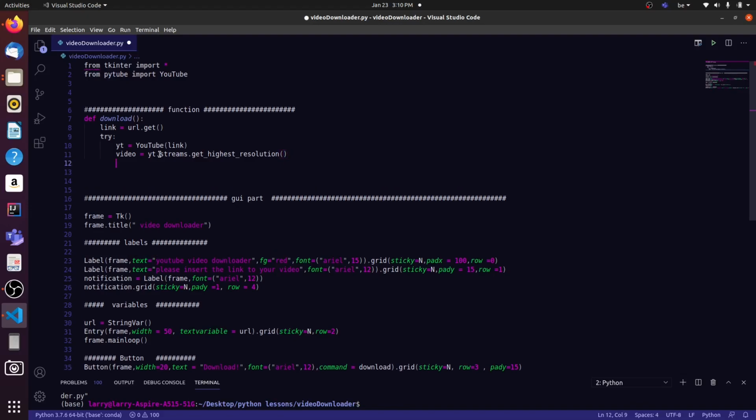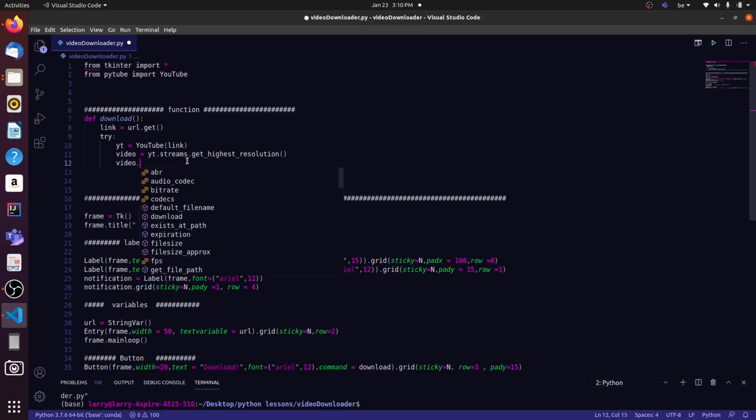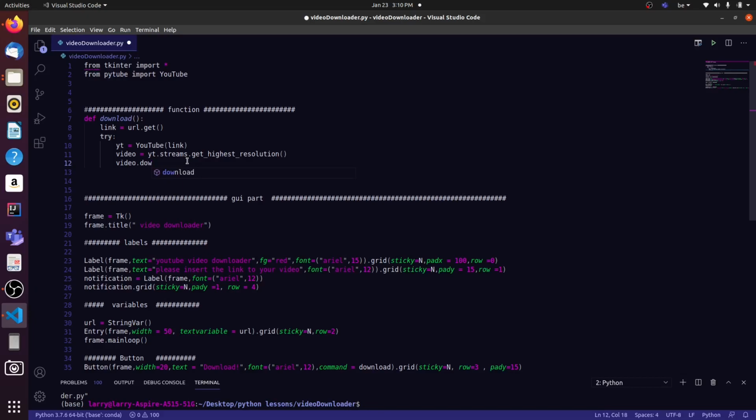The next thing I want to do is just get our little video right there, and we have a resolution, we have the video, and we have the resolution. And now what we want to do is just download it. We just call the method or the function download that is available in the PyTube module. So we just say video to download,